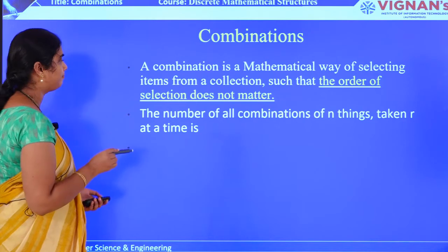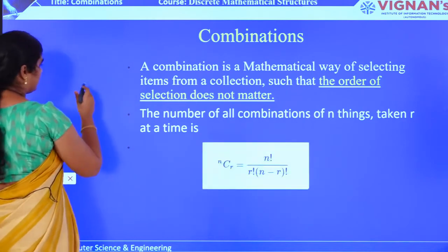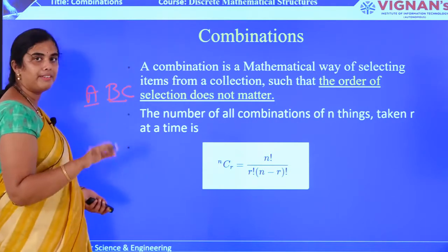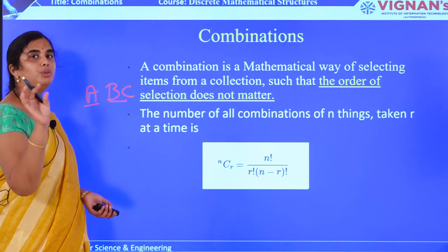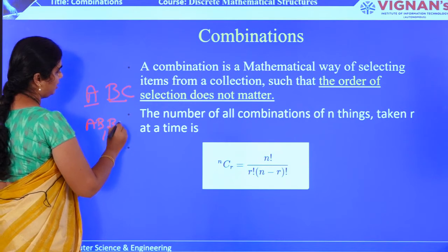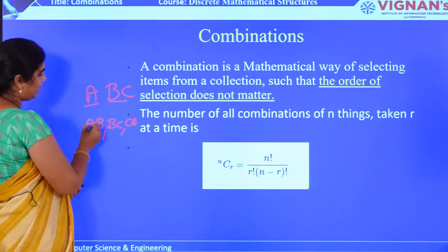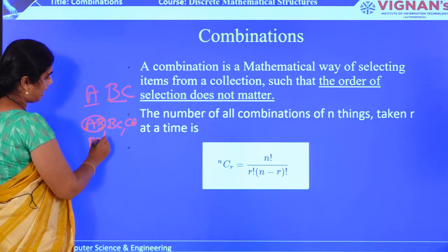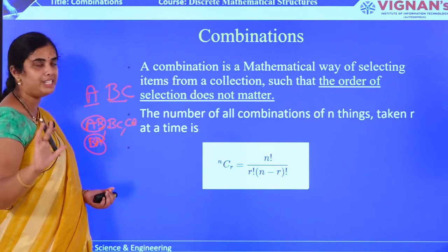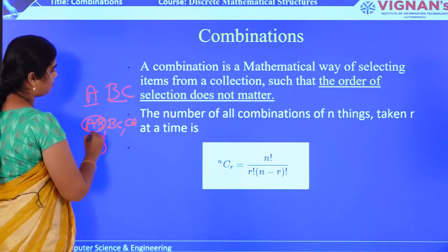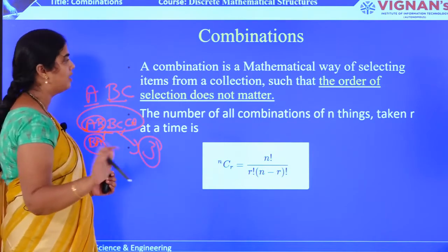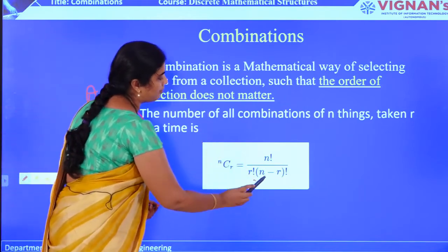Here, if I am given, wait guys, I will explain the example. Here I am given A, B, C. These are the 3 persons I am given, and I am asked to select 2 persons in each group. That means I can select either AB or BC or CA. Here AB is equal to BA. So I don't need to write BA again, because here we are only selecting, we are not arranging anything. So the number of possible combinations that can be made over here will be 3 if I take 2 each, and this is represented in the formula way over here.